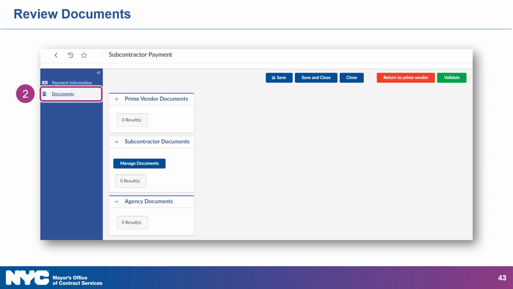In the Documents tab, you can review documents submitted by the prime vendor. In this example, no documents were submitted by the prime. You can see that here because it says 0 results under prime vendor documents. But you, as a subcontractor, can also submit documents, such as your invoice or any other supporting document for the